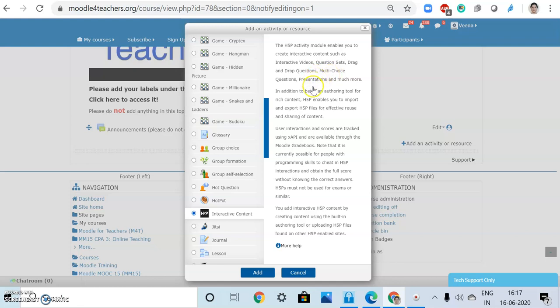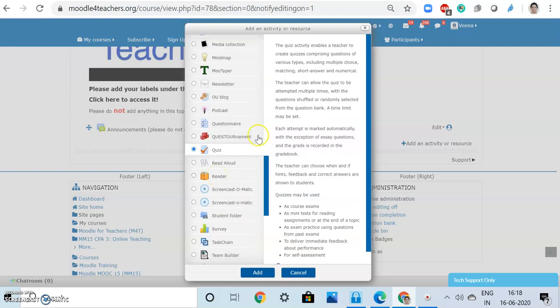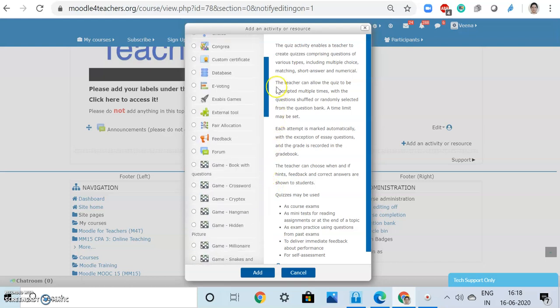There are multiple choice questions. So during a video, you can add some content, add some question, and let the students follow it up. One by one, as they appear for that poll, they know whether they have understood the topic or not, and they move on further. This helps interactions, and these scores can be tracked also. And in this section over here, quiz is the last one, which helps you to design quizzes comprising questions of various types. This can be used for course exams or mini tests, or for self-assessment or feedback, etc. So this was all about polls, votes and quizzes.